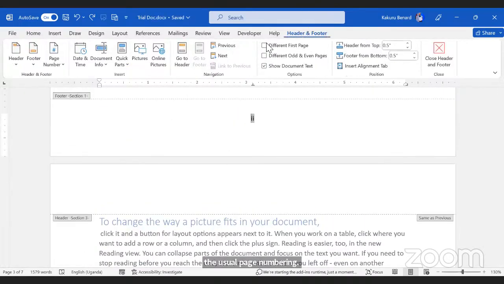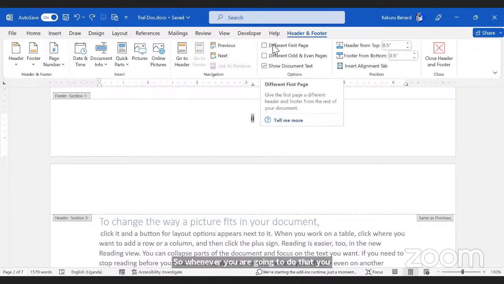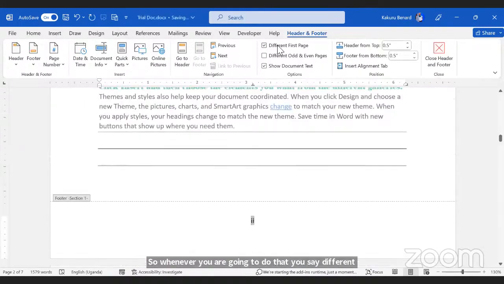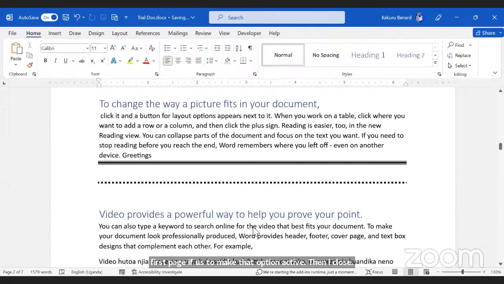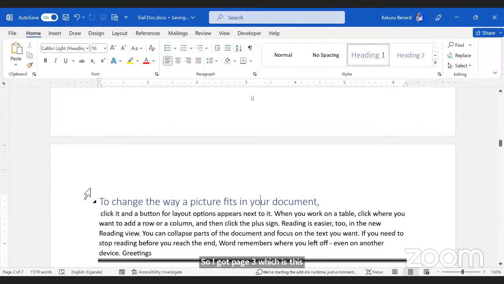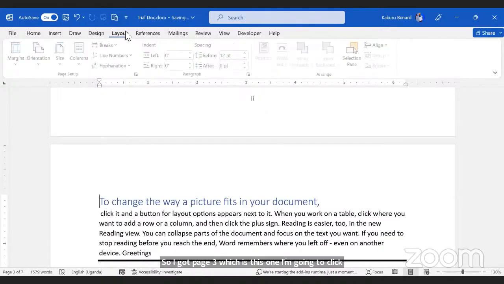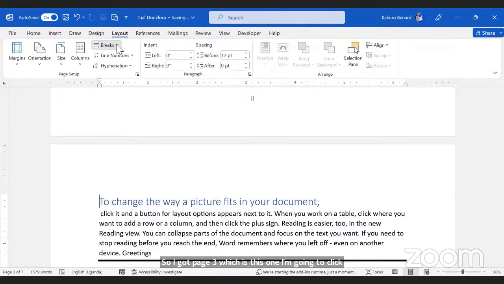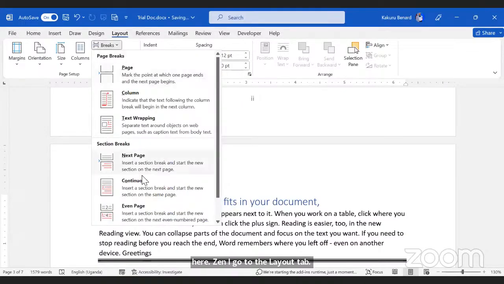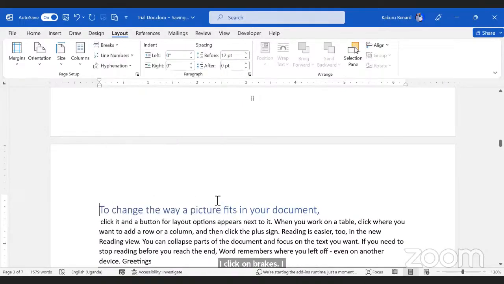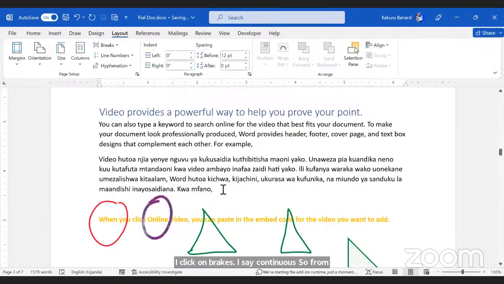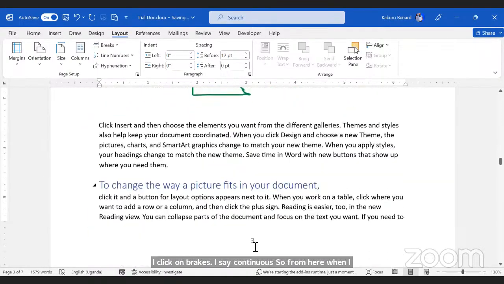So whenever you are going to do that, you say different first page. You first make that option active. Then I close. So I go to page 3, which is this one. I'm going to click here. Then I go to the layout tab. I click on breaks. I say continuous. So from here, when I insert page numbers, these ones I'm going to put them in